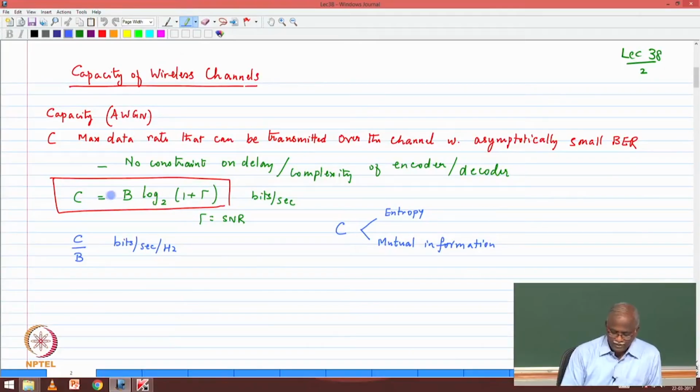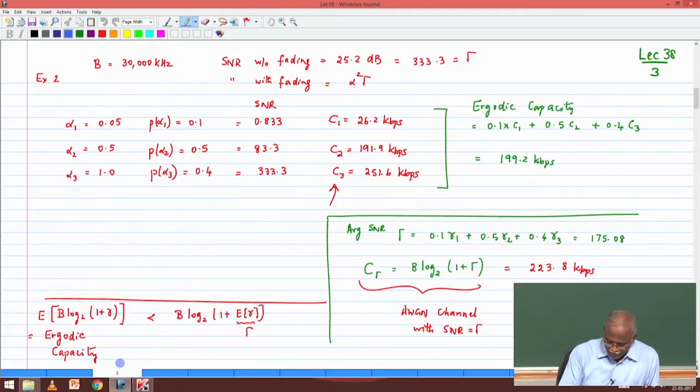And that capacity is given by B times logarithm base 2 of 1 plus SNR. And the units are bits per second. If you want to look at it in terms of normalized capacity, then it will be in bits per second per hertz. And the example that we looked at was a case where we had 3 different channel conditions, each of which producing a corresponding capacity. And we then said that the